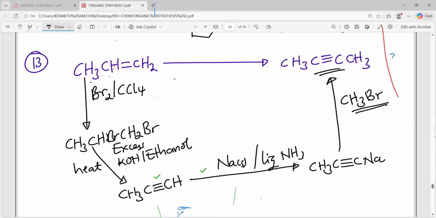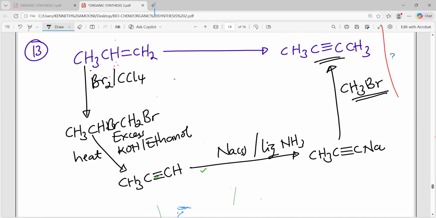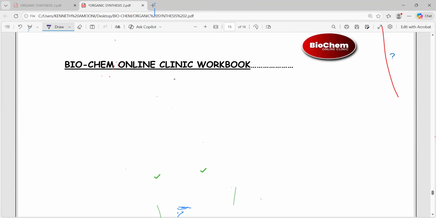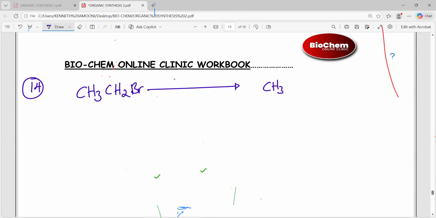Then let's look at question 14. Question 14 is saying we are moving from this compound CH3CH2Br, and then we are moving to that compound CH3CH(OH)CH3. That is an alcohol. So when you look at those two compounds, immediately you're going to notice that there is